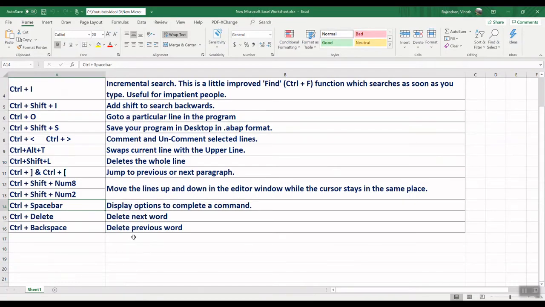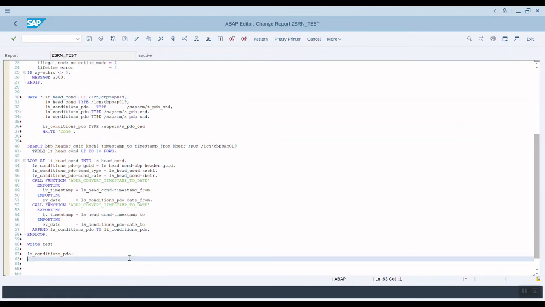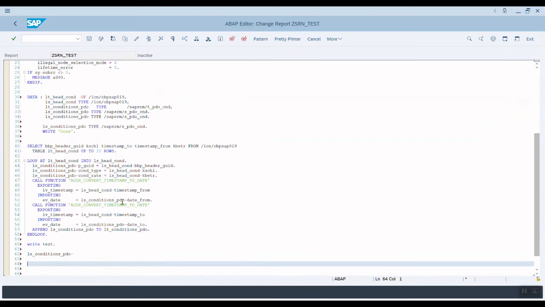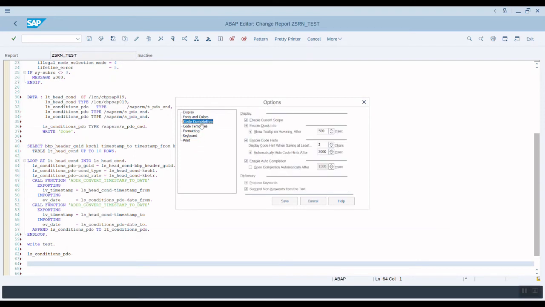The next one, I will be showing how to use your own shortcuts in program completion and other templates. All these shortcuts are already defined by SAP, which you can find in the ABAP editor. You can go to SE30, the ABAP editor, and go to the bottom right corner. You will have a small editor icon. If you double click, you get options like display font, code completion, etc. Now I'll show you the code completion example.